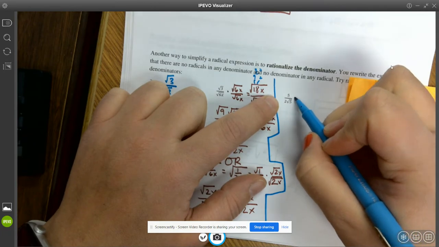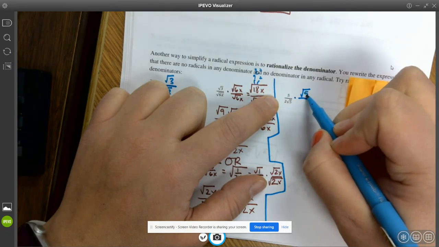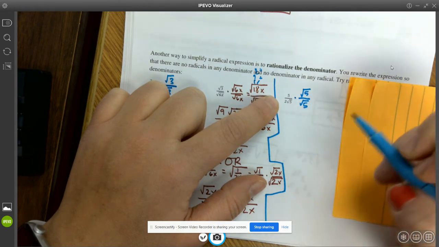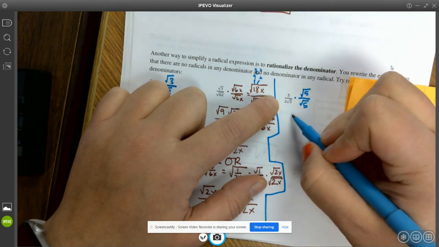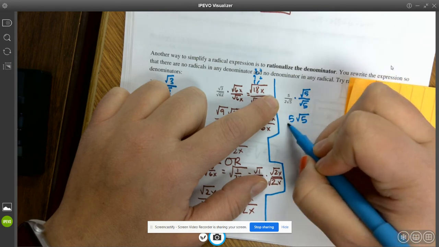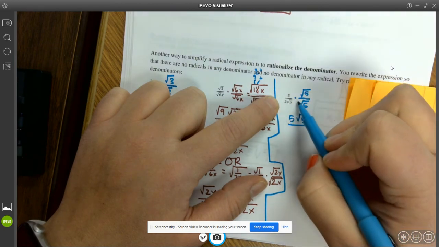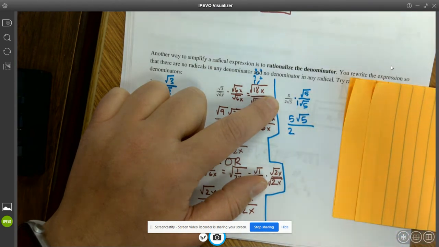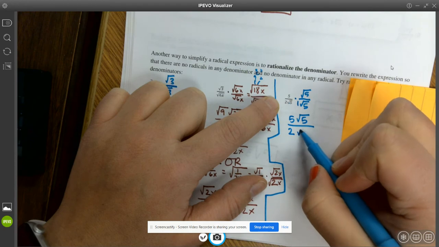So I'm going to multiply just by the square root 5 over the square root of 5, because that's essentially the only thing I want to get rid of. So on top, I would multiply across. I have 5 square root 5. On bottom, this 2 would be like if there's a 1 there, you don't need to have that. But that 2 is still out in front. And then square root 5 times square root 5 is square root